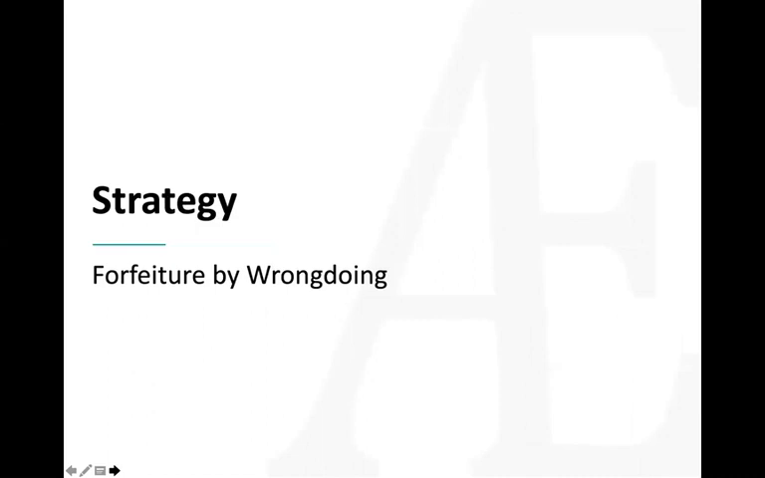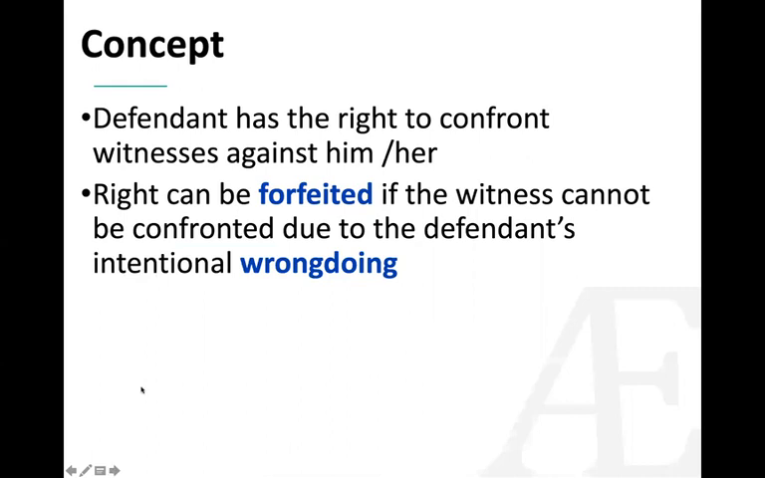Okay, then the last strategy, or one of the last strategies, is forfeiture by wrongdoing. And that concept is that the defendant has the right to confront and cross-examine the witnesses against him or her. The right can be forfeited if the witness cannot be confronted due to the defendant's intentional wrongdoing. It's basically just saying, hey, you can't insist on your right to confront and cross-examine somebody when you've made that witness disappear. Sort of like a clean hands